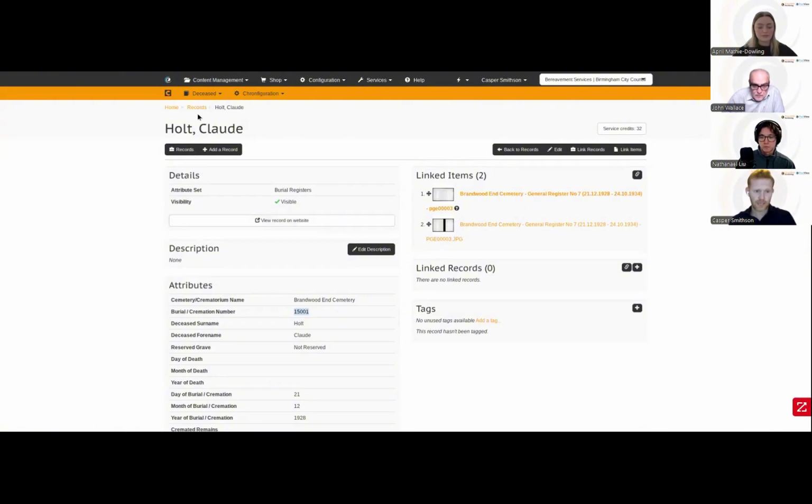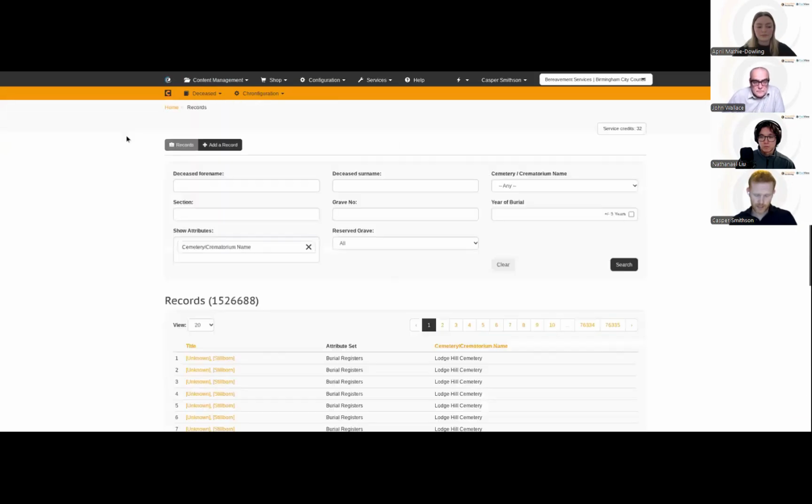To give you a bit of an idea of how the system is structured and used, but more importantly, the search and the function that comes up within the search form. So if we just jump in and do the traditional search that everyone does. In fact, before we do, you can see here on this site that we've got 1.5 million records directly linked.